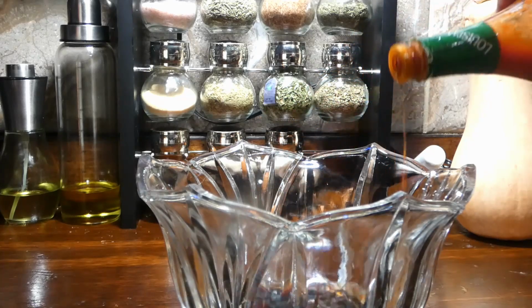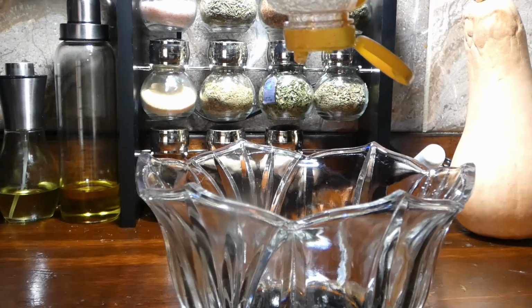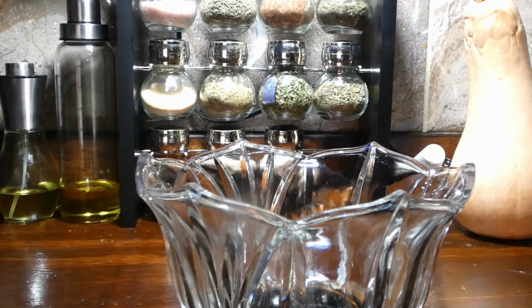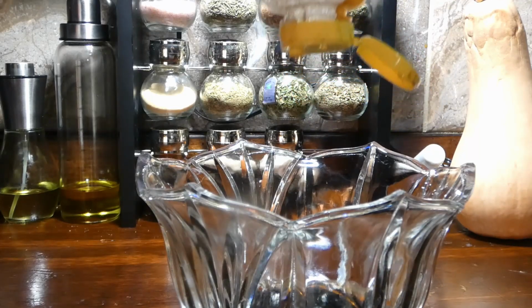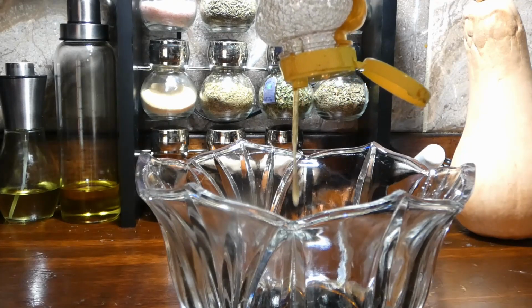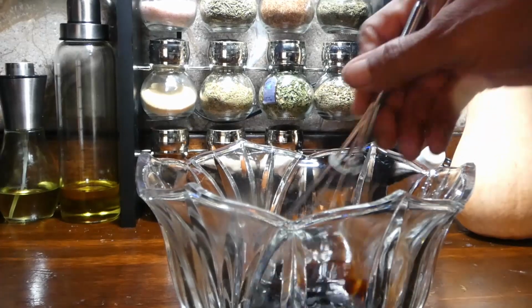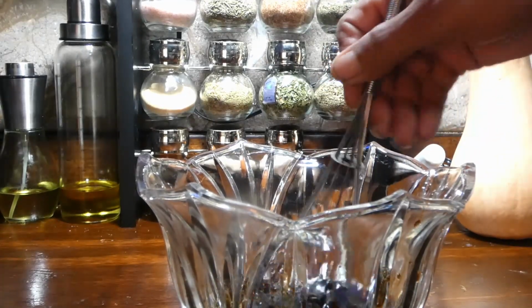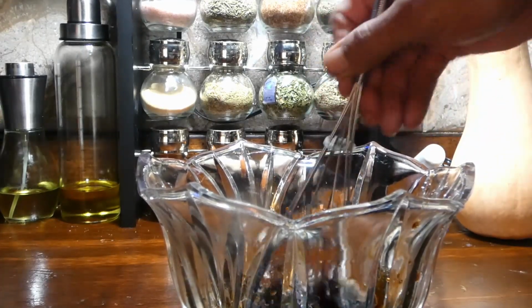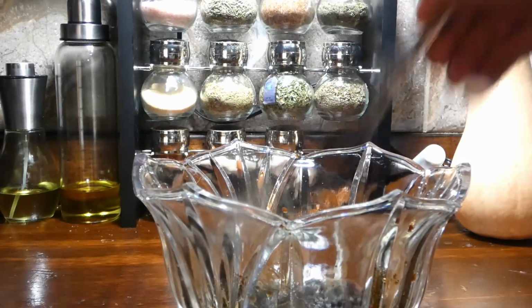Couple shots of hot sauce. And usually, I would have 2 tablespoons of honey also, but I ain't had that much honey, y'all, so I just put as much as I could. Get that a mix. Make sure all those flavors combine good. Then once we get them combined,